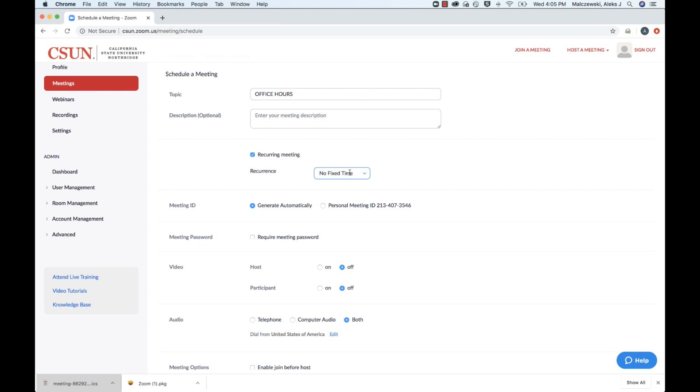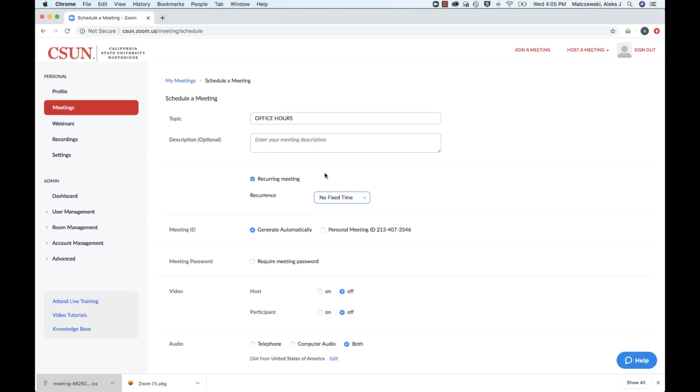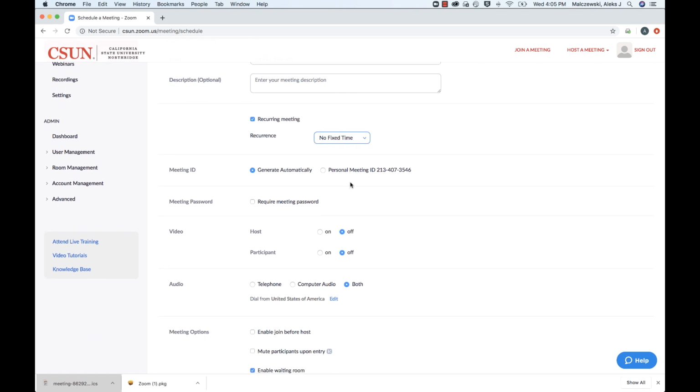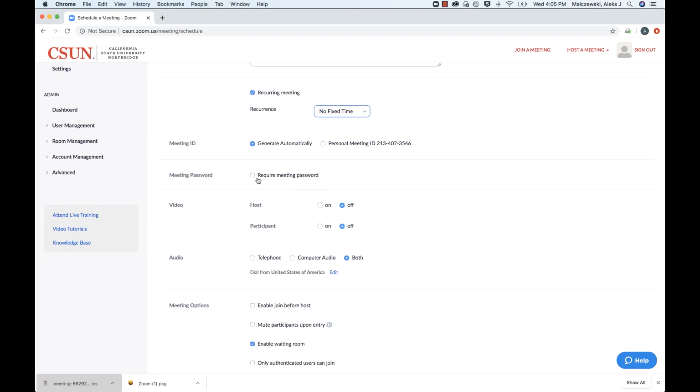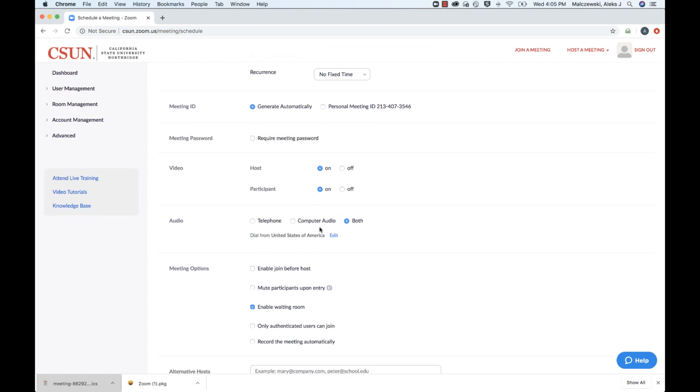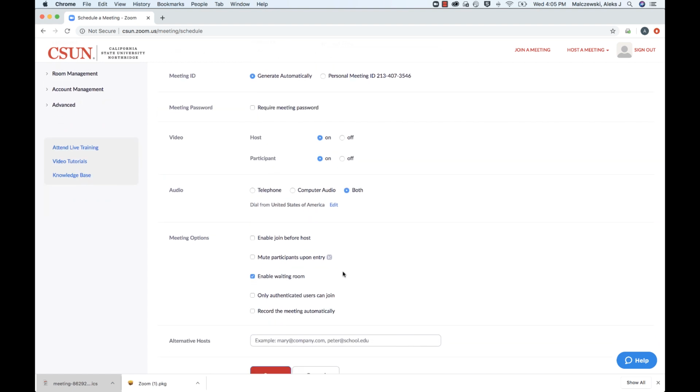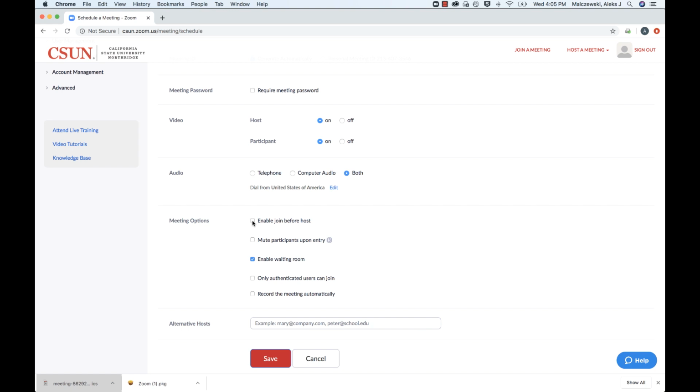So when you select no fixed time, it removes the date and the duration here for you so that you can just decide to start it whenever you need to, and that meeting will always stay in your docket. So we're going to go ahead with this now, and I'm not going to require a meeting password. We'll go ahead and start with everyone's video on. The audio will be on, and I'm going to enable